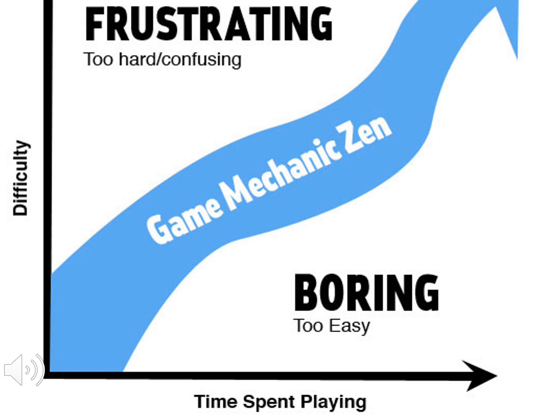And there is a psychological concept that's called flow. This is a general concept. It's the zone of enchantment where we are at the optimum between something being too hard or confusing, or being too easy and therefore boring. And in this area, we tend as humans to exist when we have some skill situation where we can understand if we are doing things the right way or not. And so this is a general psychological phenomenon, but it matches games very, very well. And games are good when they're in the game mechanic zen zone here, the flow zone. And things can't be too easy, but they can't be too hard, or they cannot be confusing